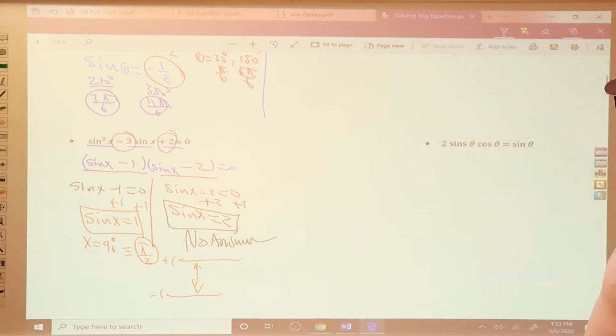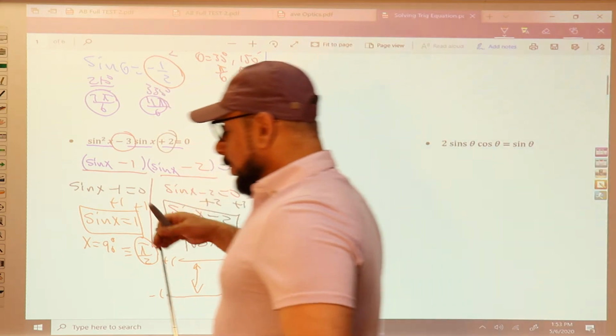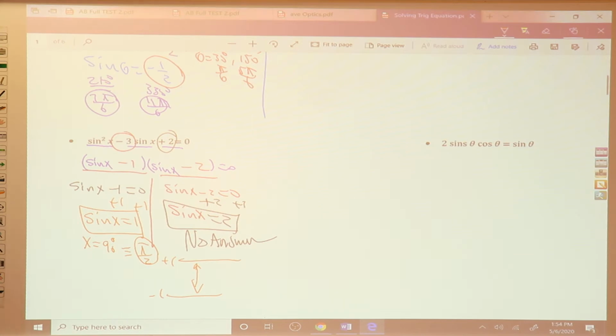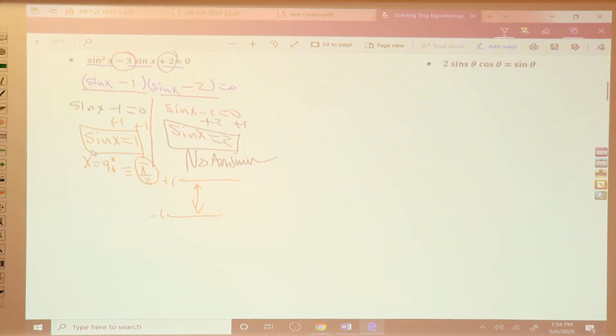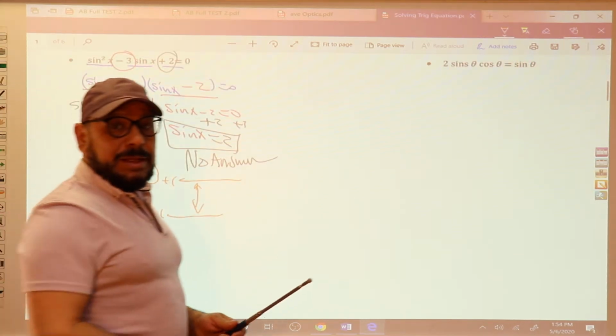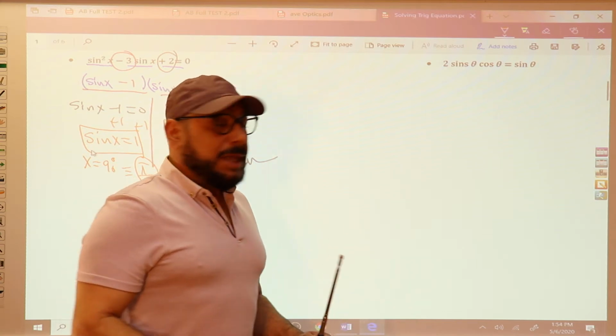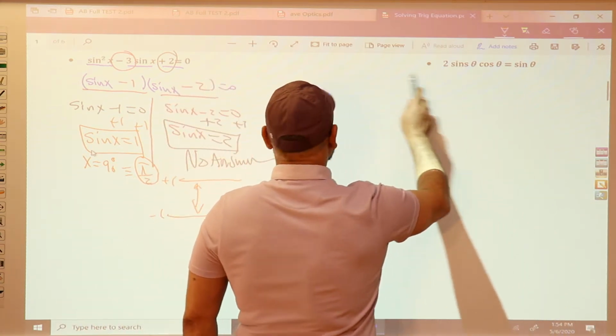Let us see what we have here. 2 sine theta cosine theta equals sine theta. How are we going to solve this problem? Always I say the easy way: put all your terms on one side. If you move minus sine theta,